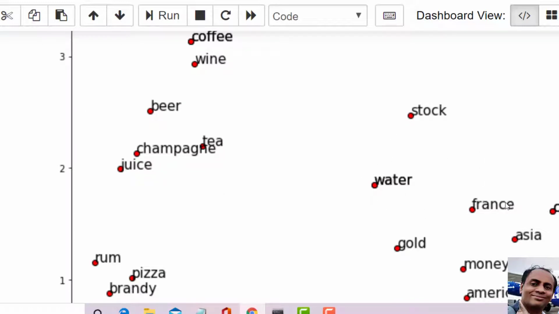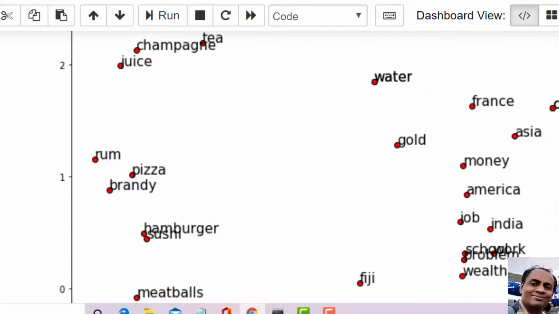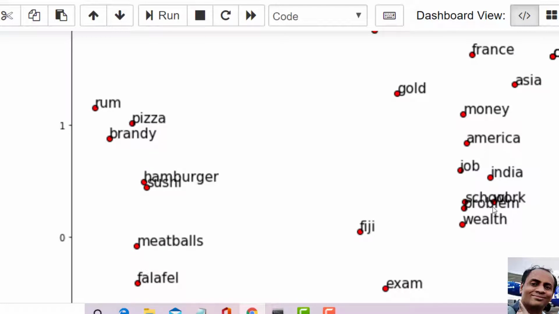Stock, water, France, China, Asia countries are appearing together. Surprisingly, America and money are appearing together, and the job, because they talk a lot about jobs. India is coming somewhere here, and school, work, problem, wealth are all coming together.